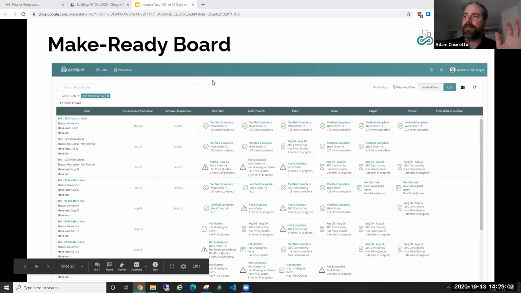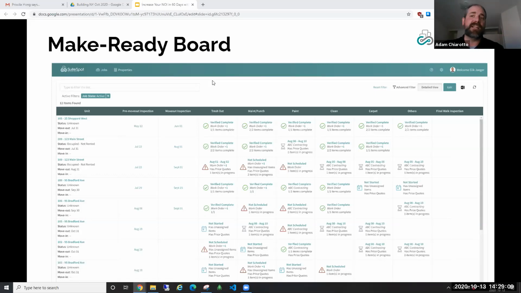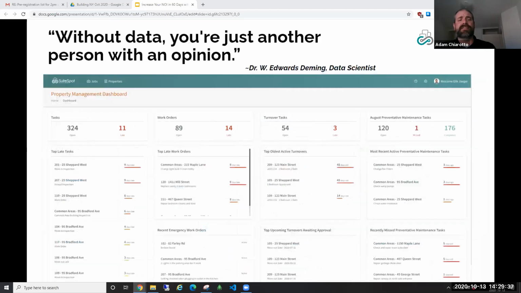You want to filter out a specific month, go for it. You want to see all your unscheduled work, very easy to do. We have all these advanced filters that allow for that, and it just makes it a lot easier to manage your make ready process. And it's also very familiar, so it really reduces the amount of change management that is needed, because everybody knows how to use a make ready board for the most part. All we did is digitize it and make it much easier to update and view compared to a physical make ready board. Now, we also do the same things with all aspects of property maintenance and facility management.